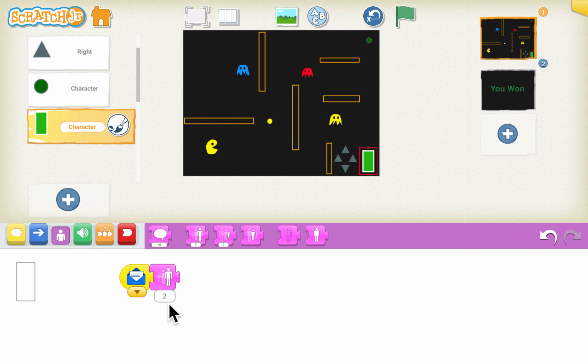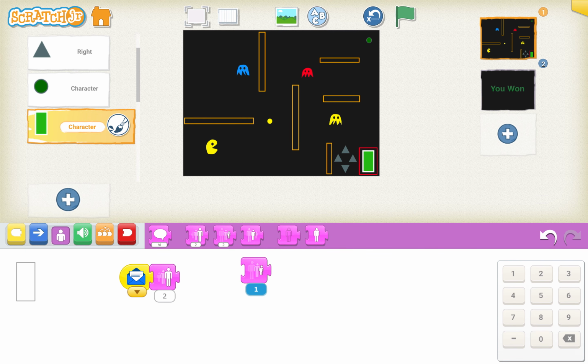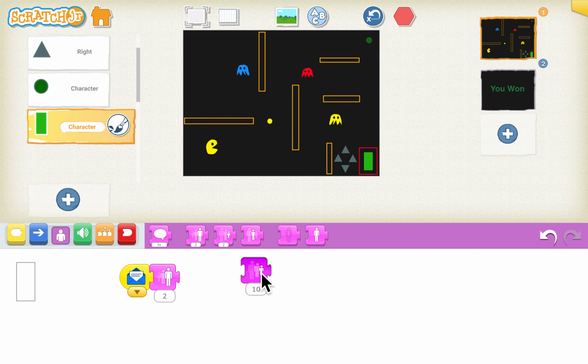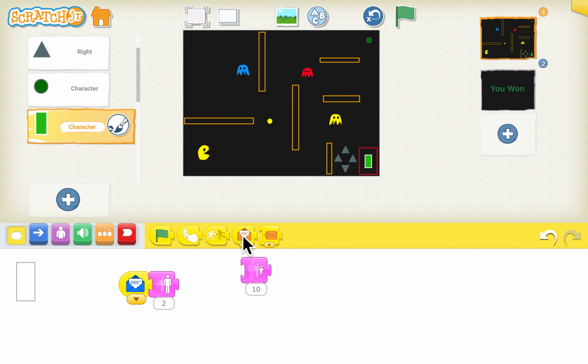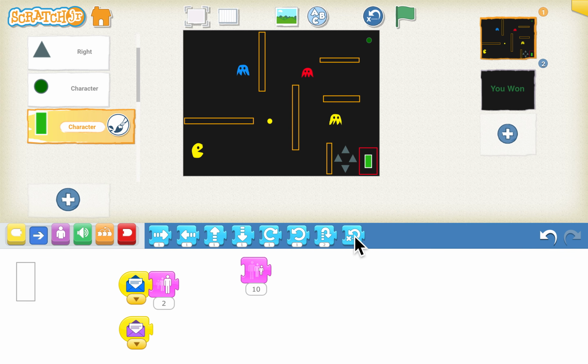We will grow its size by 2. But before that, we will shrink its size by maybe 10. Yeah. And we'll keep it in the center. So whenever it receives the blue message, that is the Pac-Man has eaten the food, we will change it to 2. Decrease by 2. And whenever it receives the purple message, that is whenever the Pac-Man touches the ghost, the game should start all over again. So it should also reset and go back to the original location.